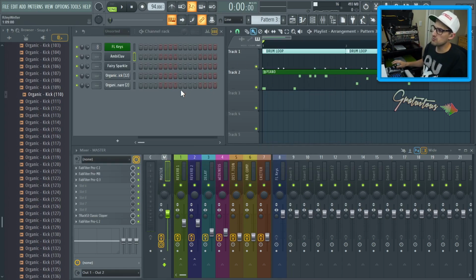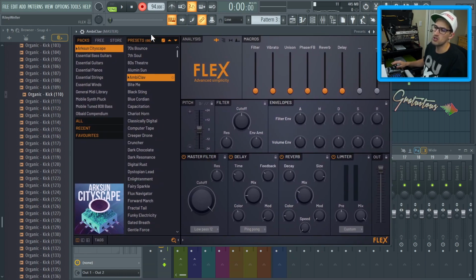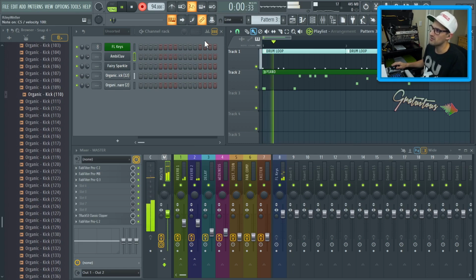So we just have a super basic beat here. I'm gonna hit record again. You can see I am loaded up on the ambi-clav, which is Flex. This is what's known as a rompler. I would highly recommend using a rompler when you're making beats. You quickly select a sound, and they're usually very high quality, and they allow you to just see results. Like, you don't have to learn about sound design and stuff. So here we go. We're gonna hit play. And now I have to,